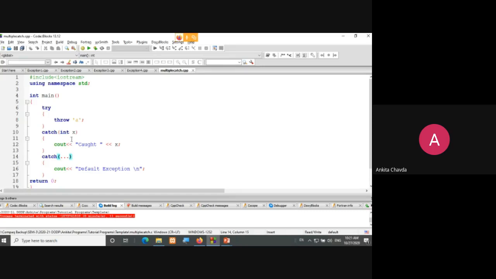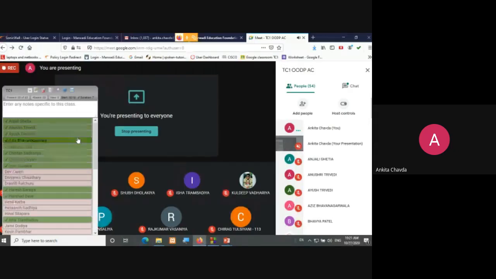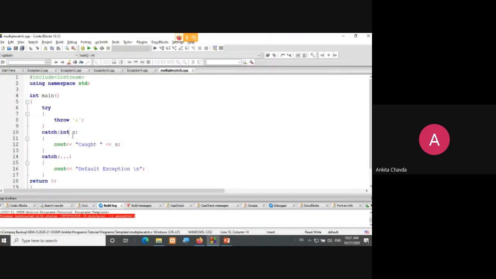If you want, write a specific integer x or float x or character x or double x or long x, short x, any. If you have different kinds of variables, you have to write a different kind of variable here. Say suppose you are writing integer x. But what if you are throwing a character kind of thing? I have not written that statement over here. Say suppose. What will happen?